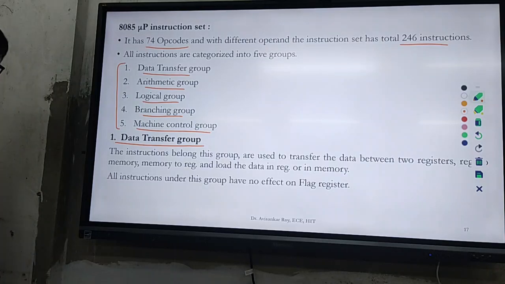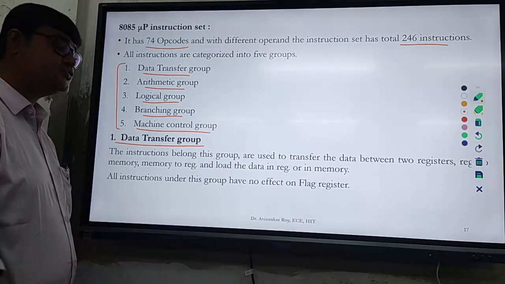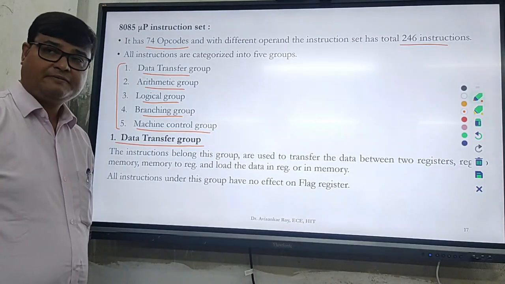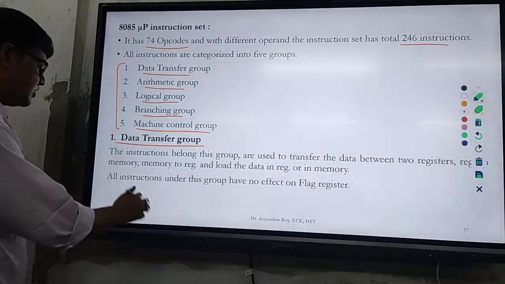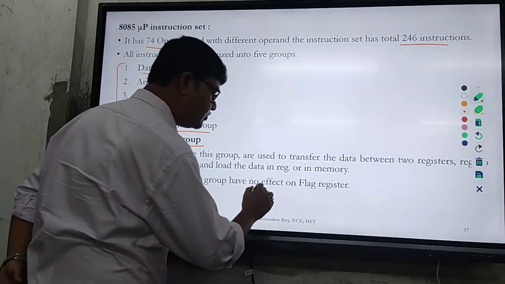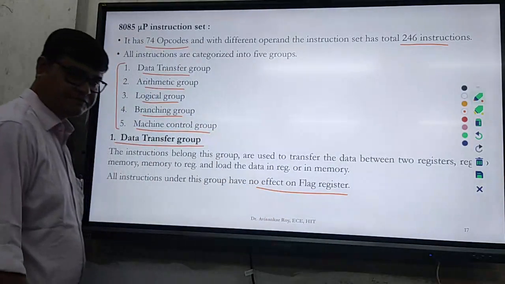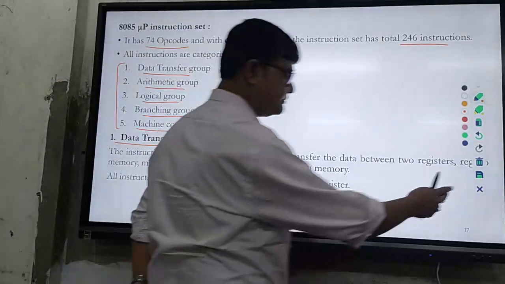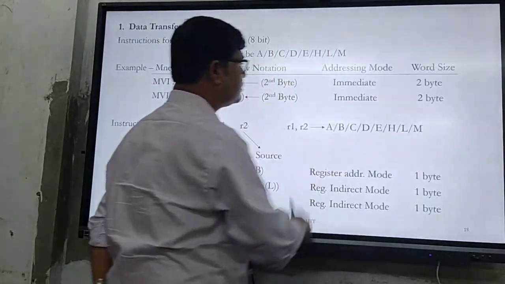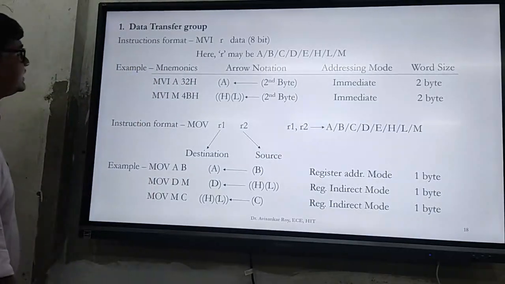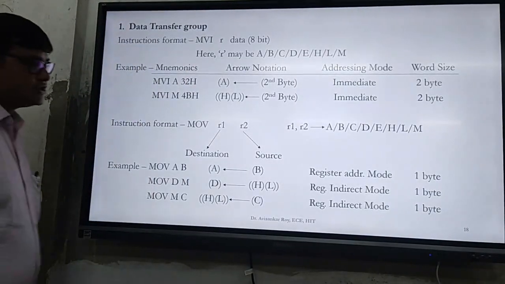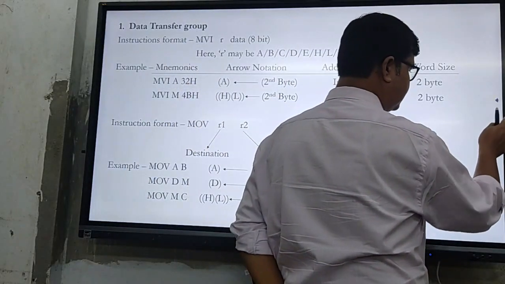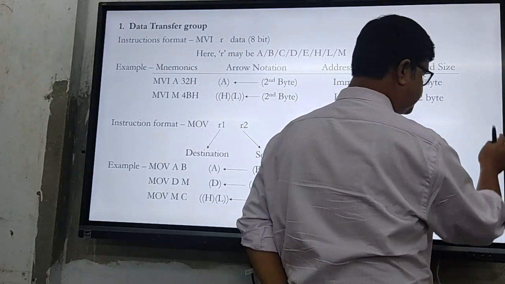The instructions belonging to the data transfer group can be used to transfer data between two registers, register to memory, and memory to register. All instructions under this group have no effect on the flag registers. So we will go through the data transfer group instructions elaborately. Here is the data transfer group instruction format. Before going to the instruction format, we will explain the basic format of instructions,